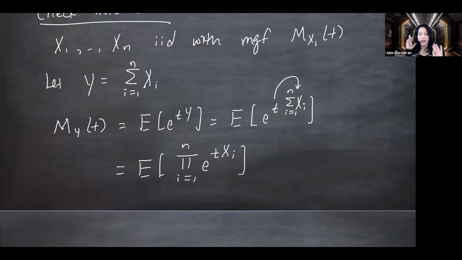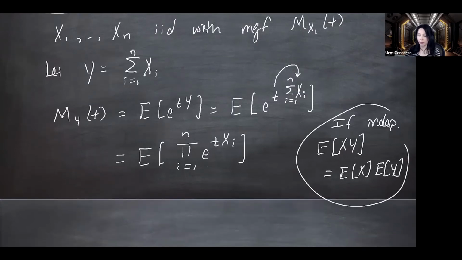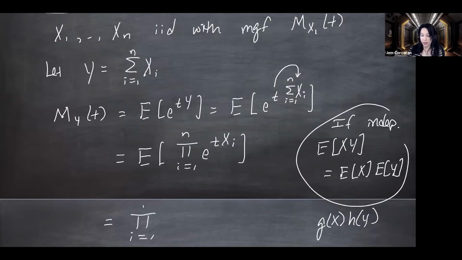And then by independence, we know that you can pull it apart. For example, if you have X and Y independent, you can pull it apart into the product of the expectations if they're independent. And also, if you go back and look at chapter 1 of the notes, I talked about this kind of thing for a function of X times a function of Y, and you can factor the expectation. My point is, going back to the moment generating function, this is going to be the product of all of those individual expectations.